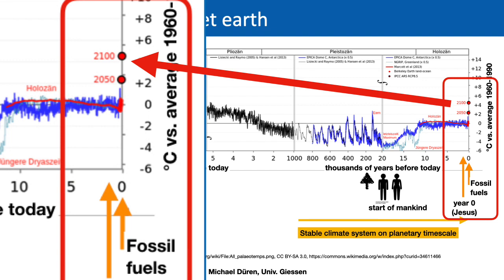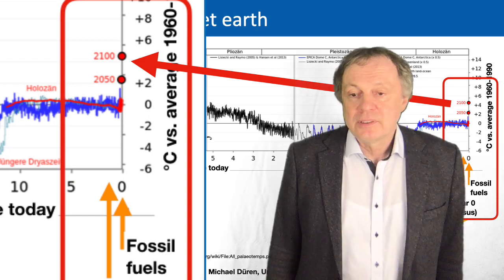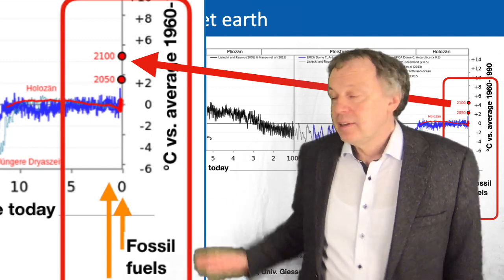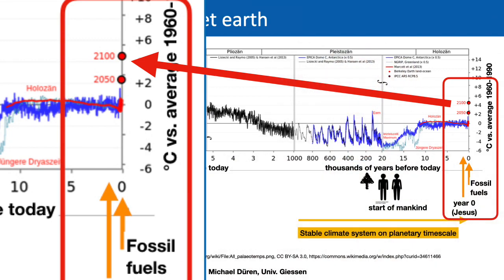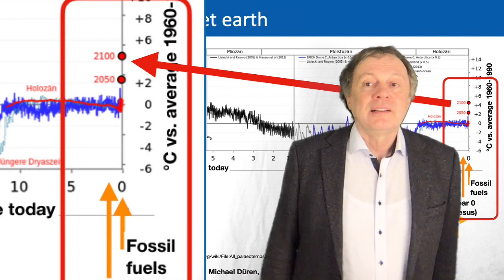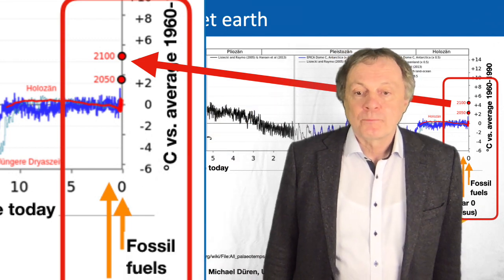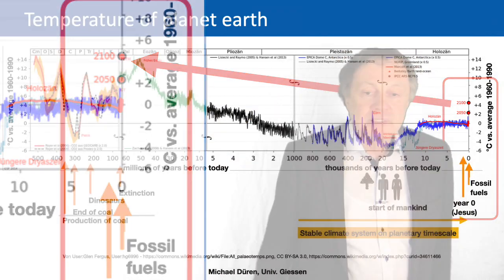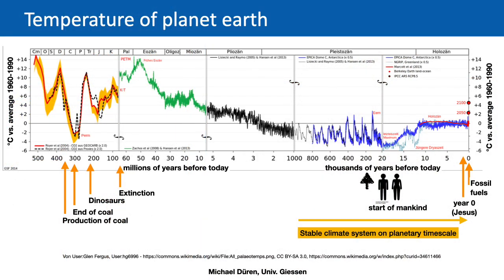Below I showed you where mankind started. Since about 200,000 years mankind, so Homo sapiens, is on the Earth. So Homo sapiens had already 2 cold periods, but otherwise it was a quite constant temperature. The fossil fuels started only in the last about 100 years, so that is on this scale only the last line which you see. If we go further to the left, we see the temperature was warmer and warmer the further you go to the past.